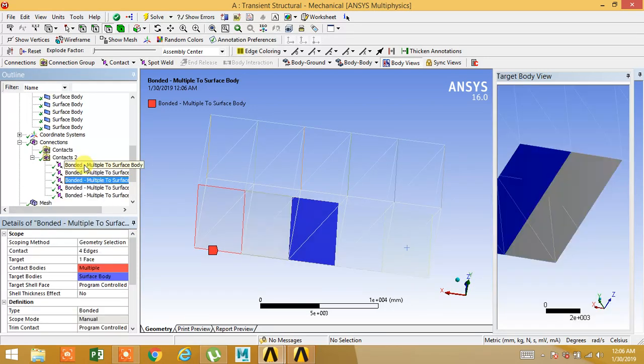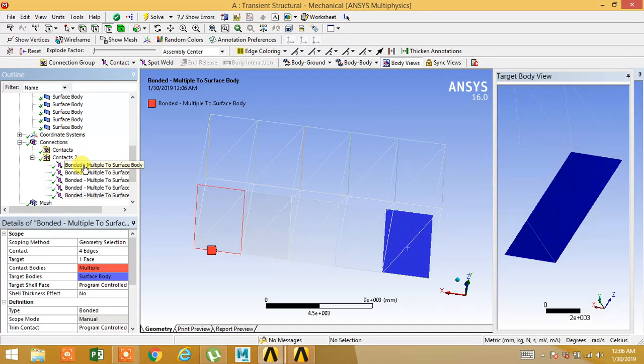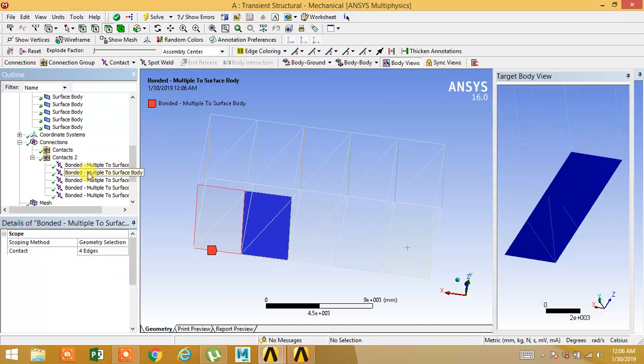First, second, third, fourth, fifth. Now next, change the edges.